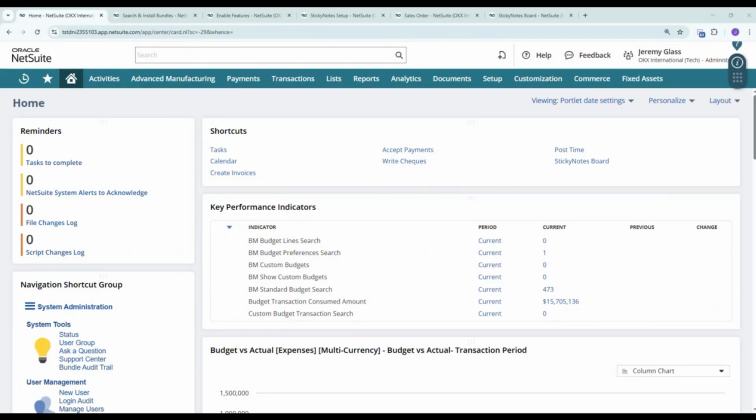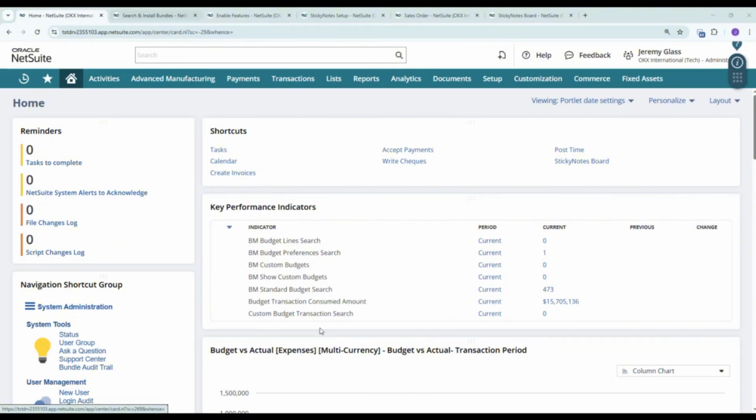In this video, I'll be demonstrating NetSuite Sticky Notes, which is a powerful tool that enhances collaboration and improves workflow efficiency by allowing users to attach notes directly to record pages. So whether you need to track important details, communicate with your team, or follow up on critical information, Sticky Notes is an excellent solution. So let's dive in and explore how to install, use, and track notes efficiently in NetSuite.